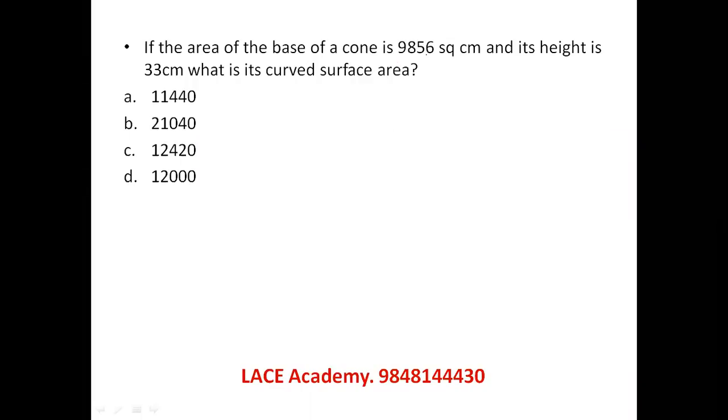Area of the base of a cone is 9856 and its height is 33. So this is a place where some calculation is involved. Area of the base of the cone is the circle, 22 by 7 into r square, is equal to 9856. Definitely you will be getting a value for r square properly. I'm cutting with 22: 22 fours are 88, 22 fours and 176, 22 eights. So r square is equal to 448 into 7. So if I say it should be a perfect square, it needs one more 7. If I'm dividing 448 with 7, I'll be getting 64, so 64 into 7 into 7. Now you can see r is equal to 8 square into 7 square, square root, 8 into 7, 56.